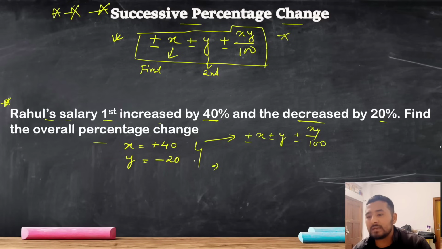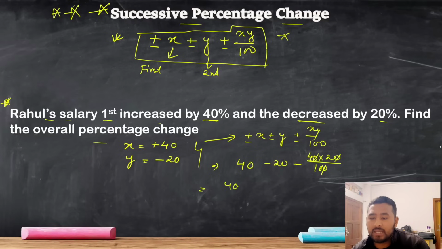So what we'll do, our x is how much? 40, right? Our y is how much? Minus 20. Plus minus. Again, see, plus minus. Here we should take minus y, because y is already minus. If you multiply 40 into minus 20, you get minus in the beginning. So you can write directly minus 40 into 20 by 100. Now just cancel. You get the answer. 0, 0 cancel. 0, 0 cancel. The remaining 40 minus 20 minus 4 into 2 is how much? 8. You should multiply 4 into 2. Remaining 8.